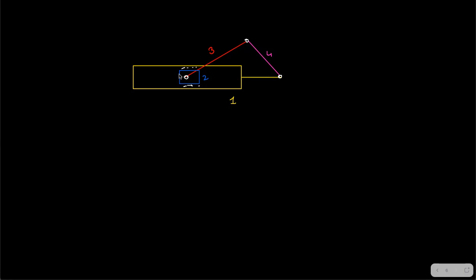So now I'm going to fix link 2. What is going to happen if we fix link 2? If we fix link 2 itself, still 3 can rotate, right? 3 can rotate. Now, for example, link number 3 is rotating from its position about 2. About 2 it can rotate because 2 is fixed. You can see 2 is fixed. 2 is not having any motion. 2 is completely fixed. Fine.